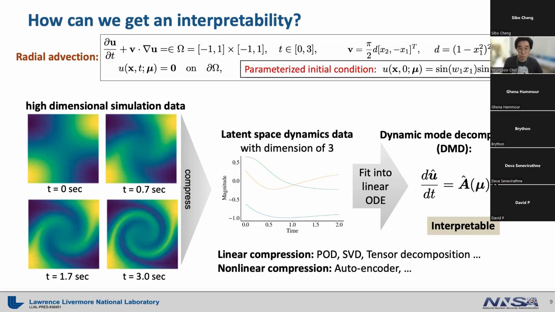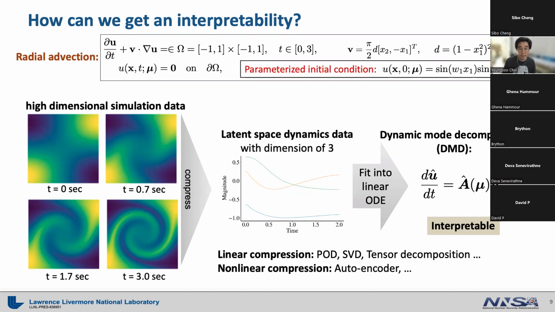For example, if we happen to know this A hat matrix explicitly, we can perform eigenvalue decomposition and write an analytical solution for the linear ODE in terms of eigenvectors and eigenvalues. For example, if the real part of the eigenvalue is greater than 1, then the solution will explode. Therefore, we should make sure that eigenvalues do not exceed 1 if we know that the true solution does not explode. Here, the eigenvalue serves as an indicator, which tells us why the model fails, if it fails, and so on.